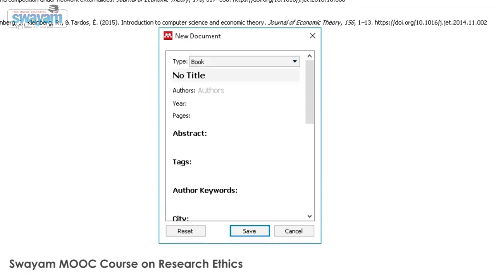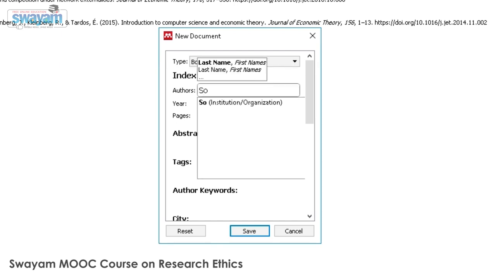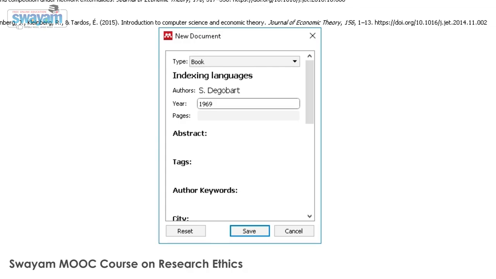I will select book. The title of the book is Indexing Languages. The year of publication is 1969, total 370 pages.